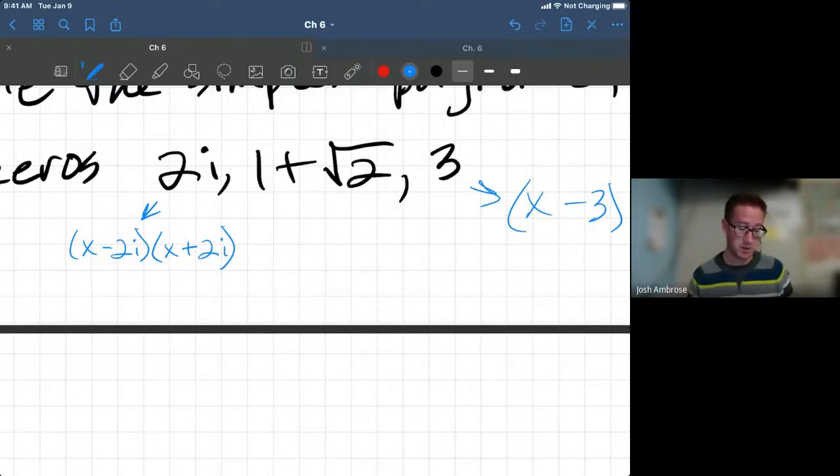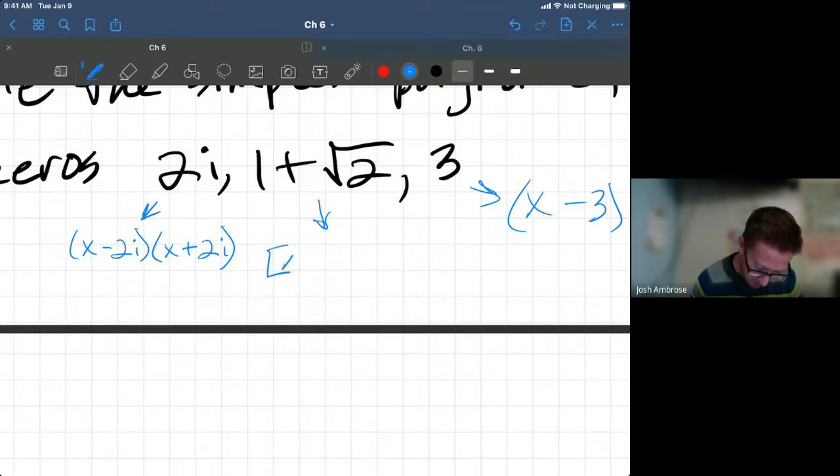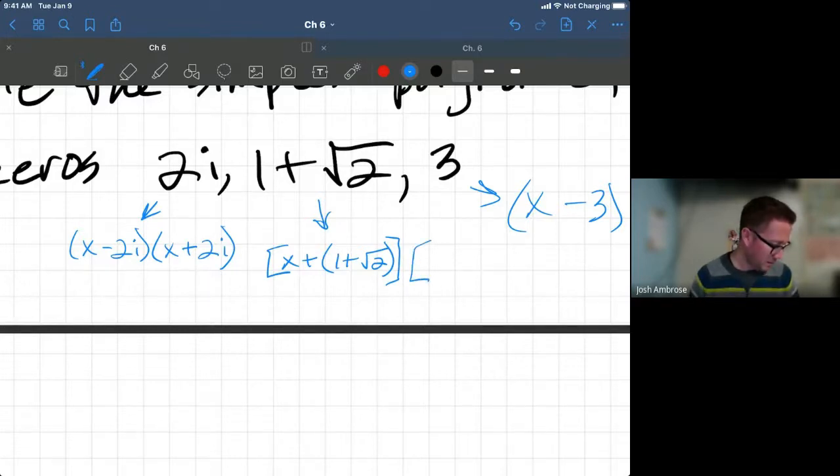And then what do I mean by the conjugate of the 1 plus radical 2? All right, well, here's what I mean by that. This one is even more involved, because notice there's no way of separating the 1 plus radical 2. They're bonded together by that plus sign. So we're going to actually have to even use brackets for this one. You have x plus parentheses 1 plus radical 2 in the bracket. And then we're going to have another bracket where we do an x minus,